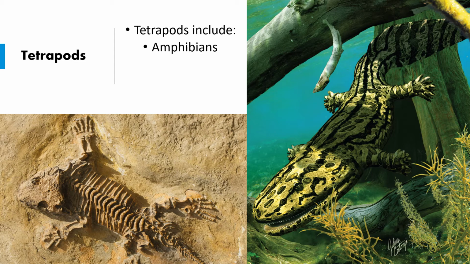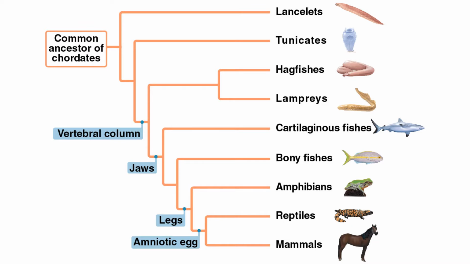Okay, and again, the tetrapods are going to include amphibians, reptiles, and mammals. So all of these are going to have 4 limbs. Legs are going to be our major development for the amphibians, but our next big advancement is going to be the development of the amniotic egg. And this is going to be the last major structure that is going to allow for complete